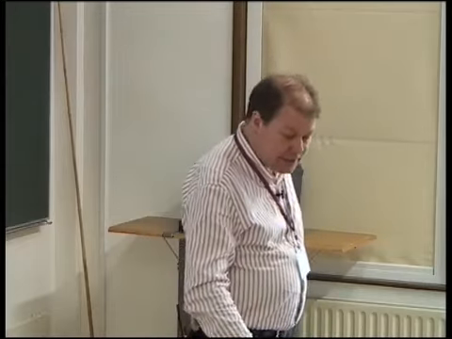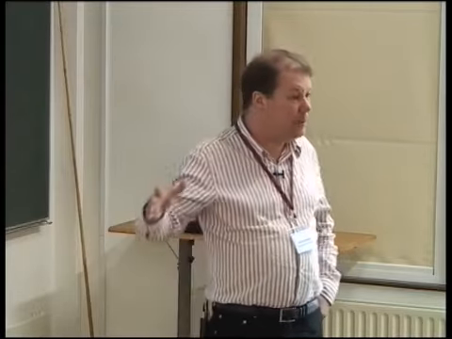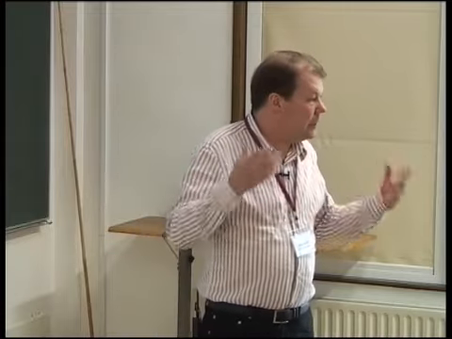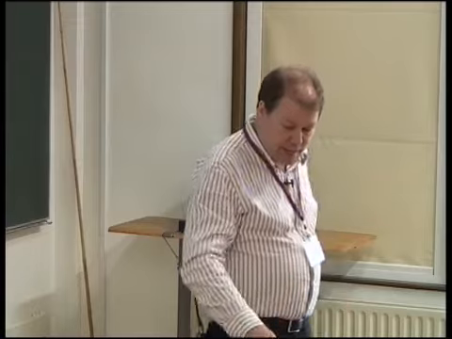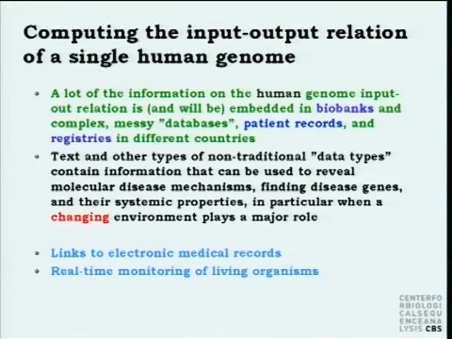But I think it's very important because a lot of the information on how the environment changed the environment for the genome is actually deposited in these electronic patient records, and of course also in a lot of patient records on paper and so on. And if we want to hook into that information, we need to deal with a new data domain, and this is essentially what is written here. These are non-traditional data types, and one of the